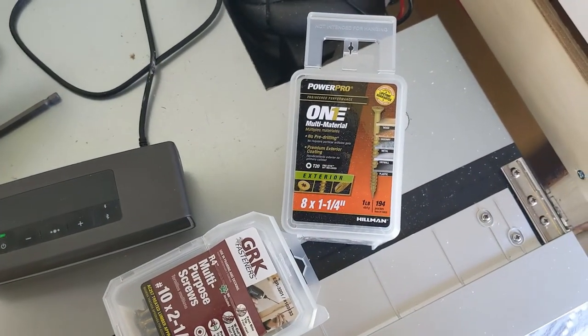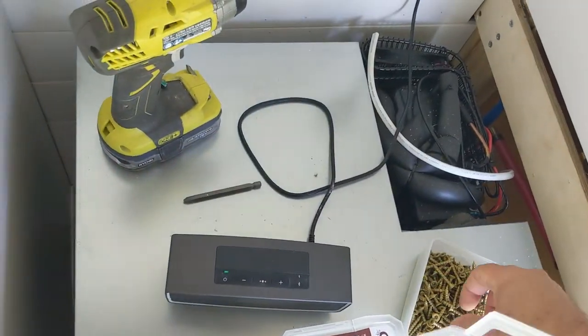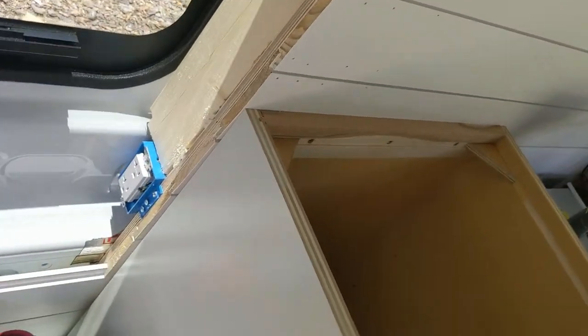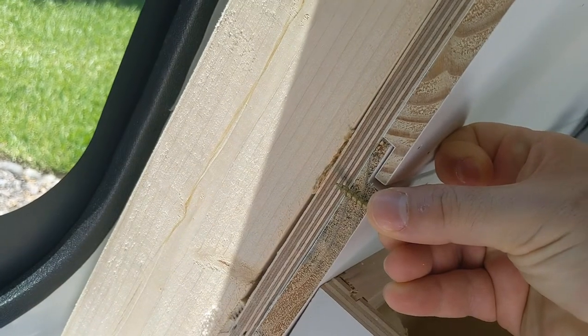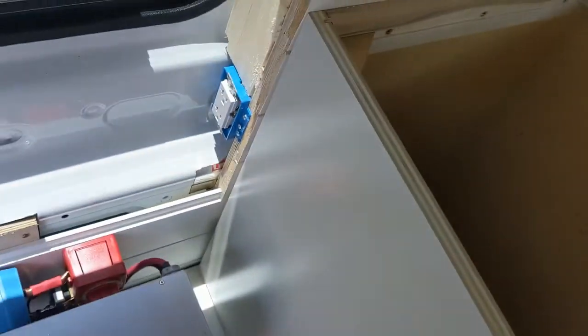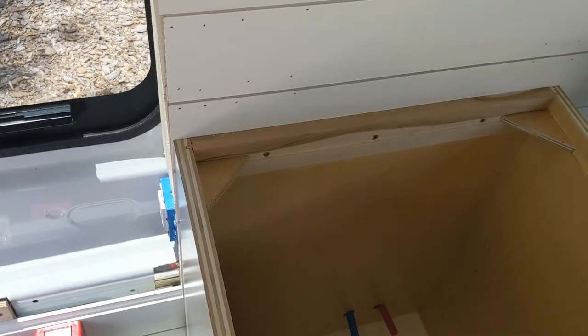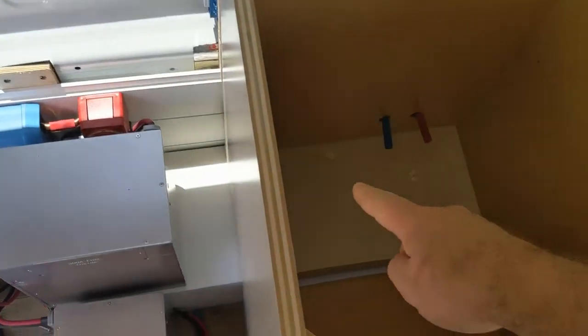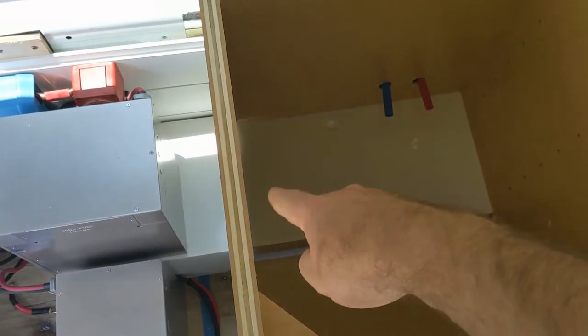wood screws, 1 1/4, which, if you're following my guidelines, 1 1/4 will get you just the tip into the furring strip. You can go a little bit bigger if you want, but this is all secure. So I've got 3 there. The trim pieces I'm putting in here, I'm also going to screw into the floor here